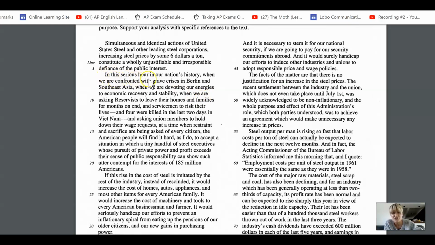He says, in this serious hour in our nation's history, when we are confronted with grave crisis in Berlin and Southeast Asia,